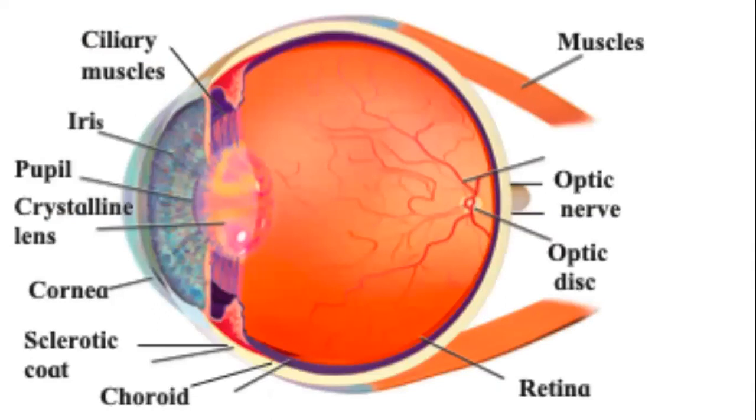This is a schematic diagram of the human eye. It's not a simple organ. It's a very complex organ. It's a very useful organ. And this has not been designed by human beings, not like a machine. This organ, like everything else on the planet, has evolved. Evolution.